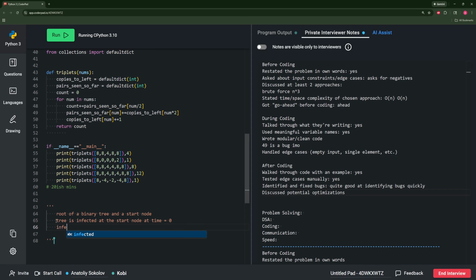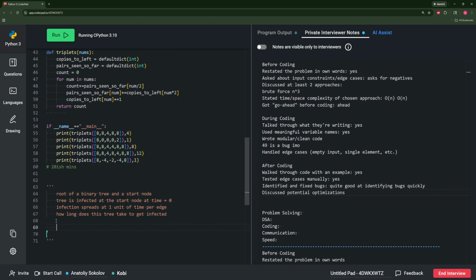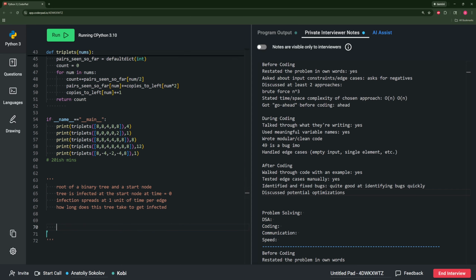And the infection spreads at 1 unit of time per edge. And I want to know how long this tree takes to get infected. So for example, let's say we have a tree like,